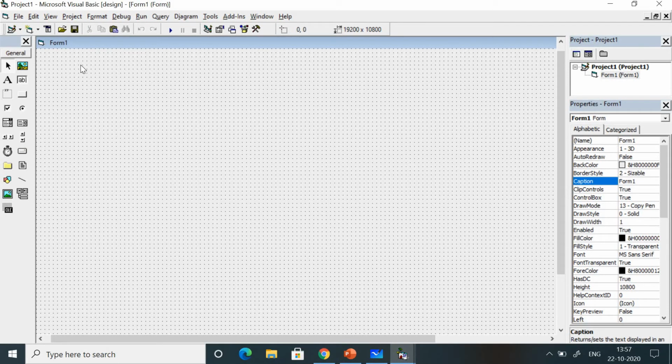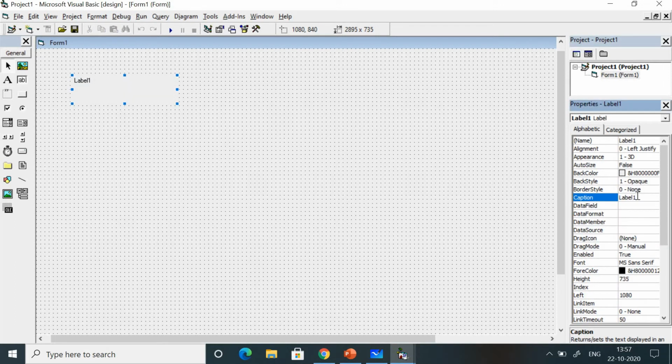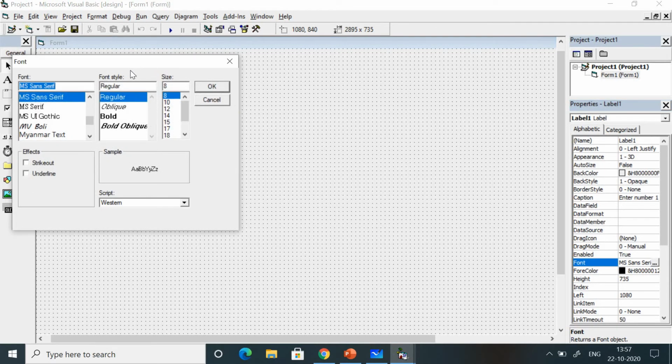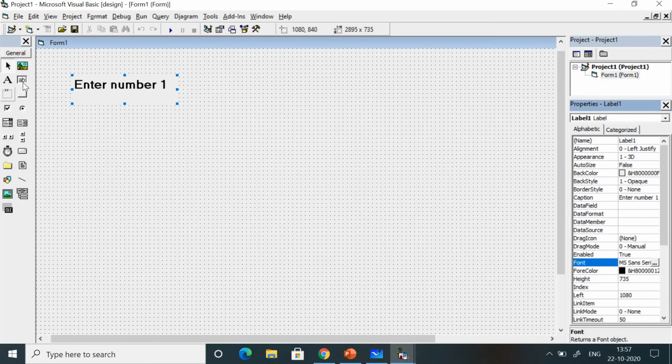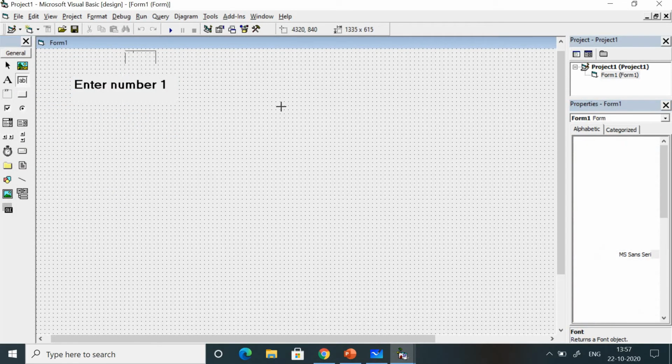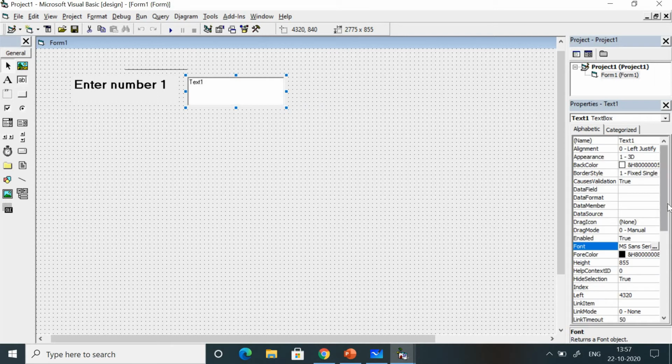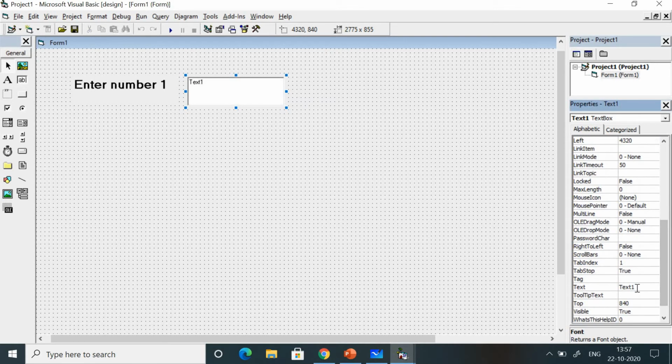First of all, I will take a text box or label, sorry. Enter number 1. Go to font and change the font style, that is bold, and size 18. I have to enter this number in a text box. Empty the text box